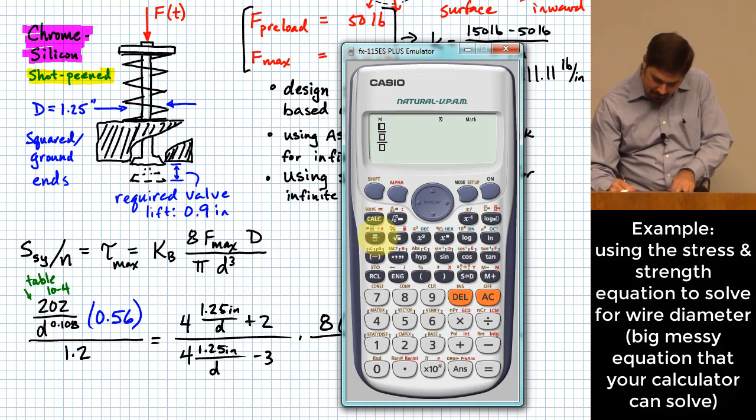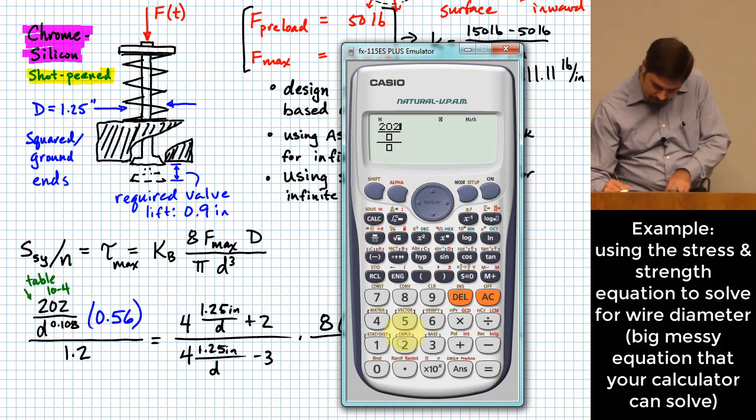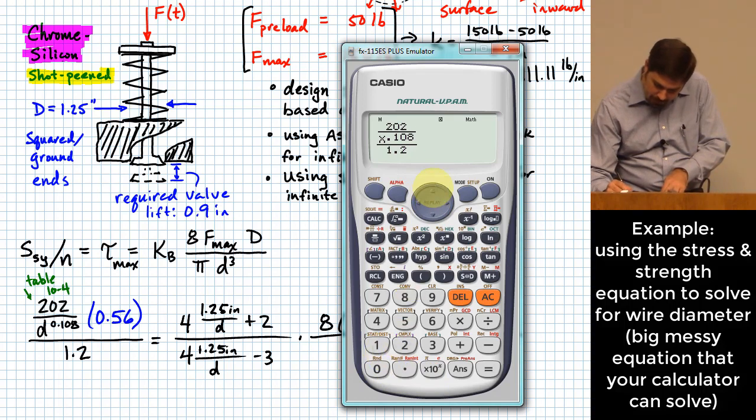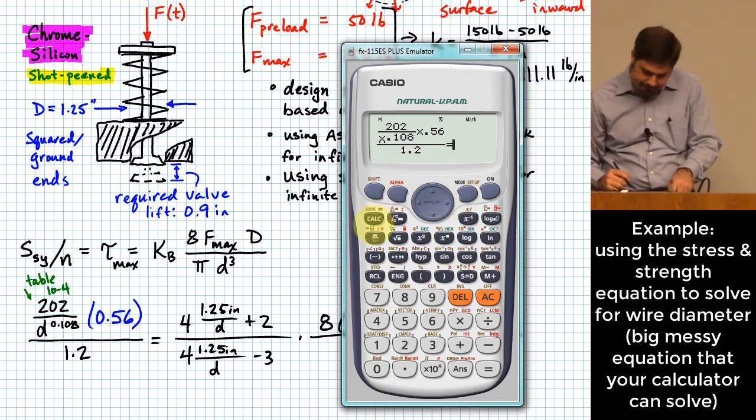So what we have here is 202 over, here I'll put in my x value, but I'll take that to the 0.108. Okay? And this is all going to be divided by 1.2 and multiplied up here by 0.56. Okay? And this is all going to be equal to,